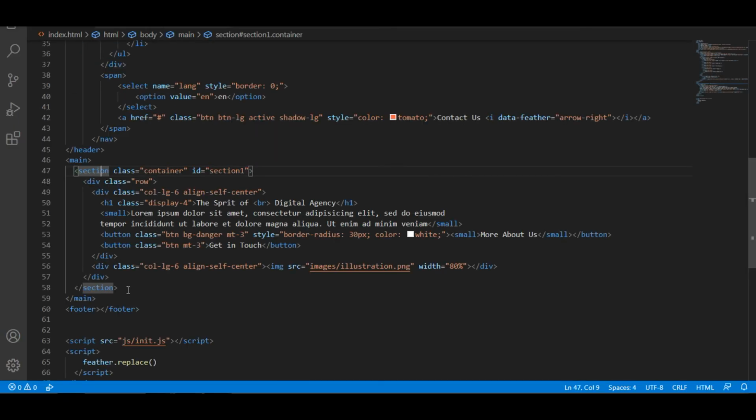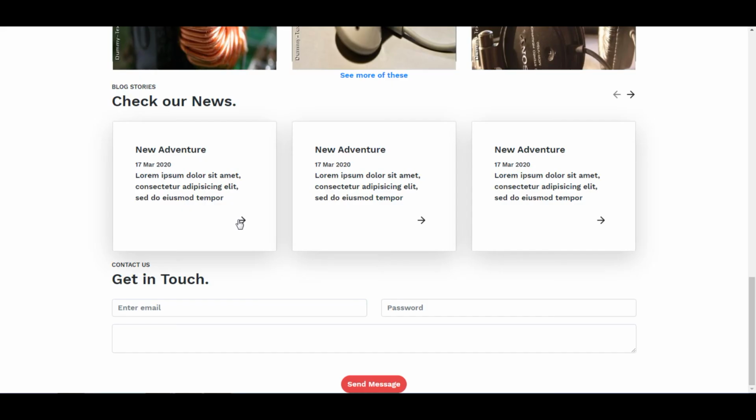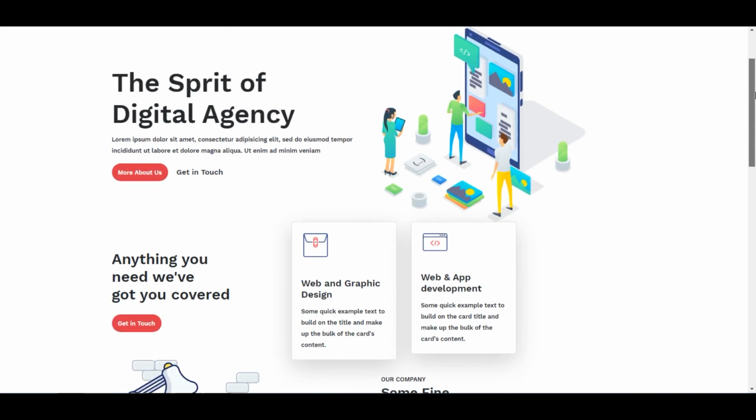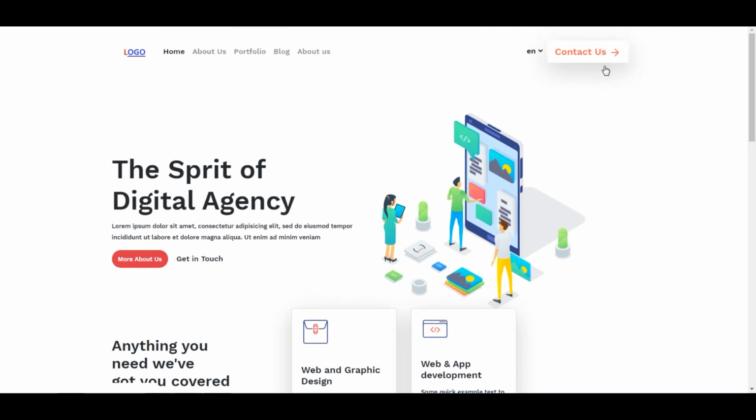For time saving, I am going to fast forward the video, so you can simply see what is going on, and I will explain how to change the styles on the respective sections. Okay, you can see here the section is applied, and I have applied the same style we applied on the more about us button. The same effect on the get in touch also. I have applied the card to this design, and I have also given the drop shadow which we applied on the contact us here.